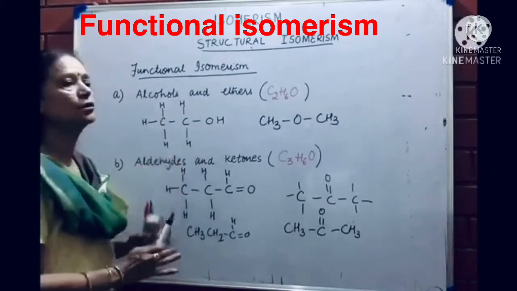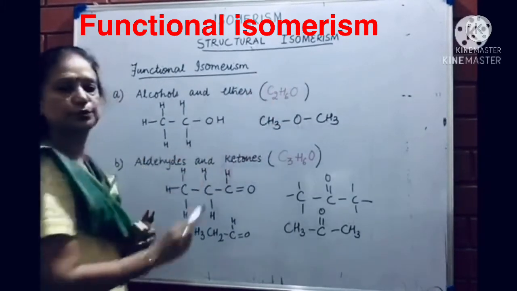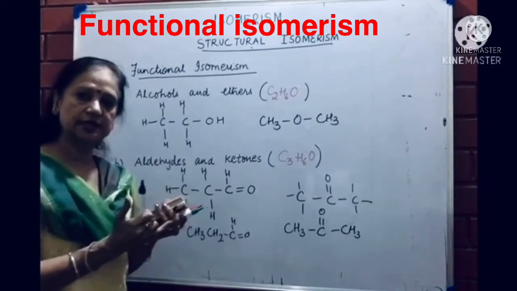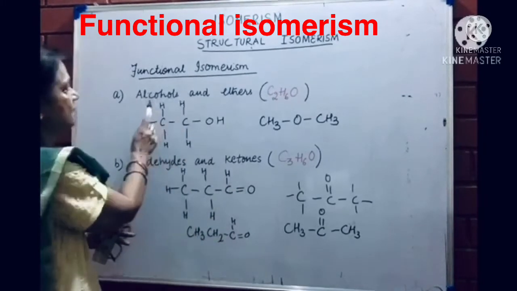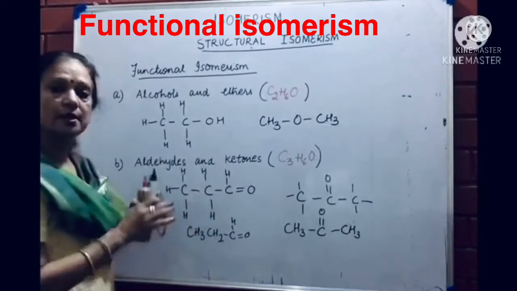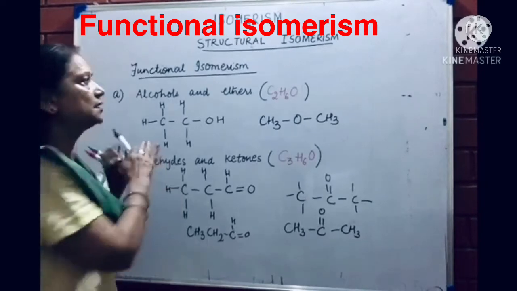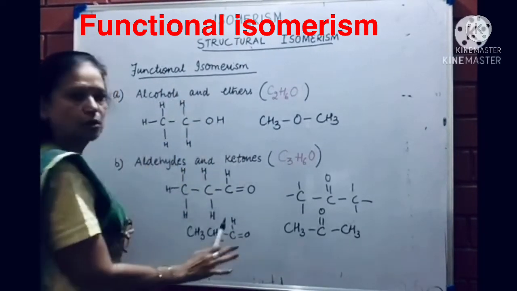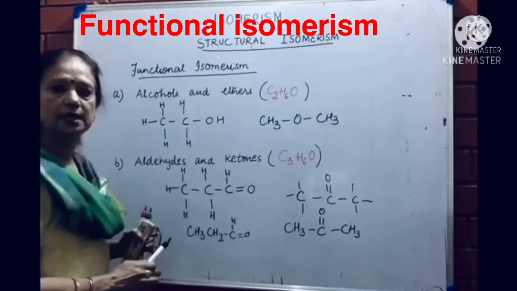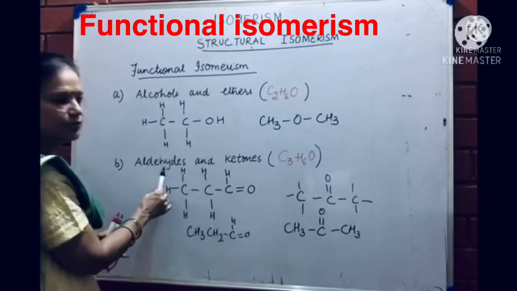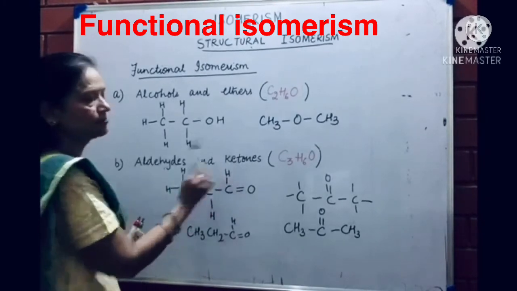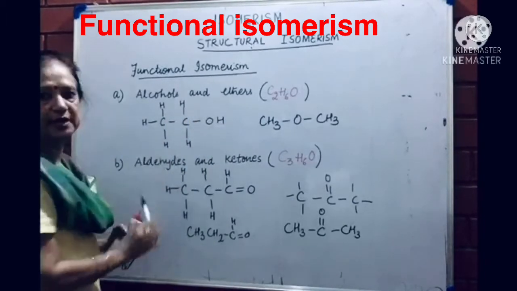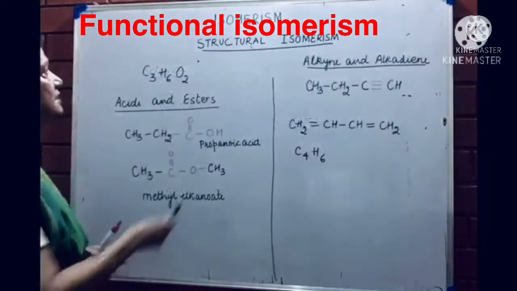One compound is an aldehyde, the other compound is a ketone. So the moment you look at the molecular formula given to you, always first decide what it is. If it contains one oxygen atom, it could be any one of them: alcohol, ether, aldehyde, ketone. So make one formula. The other one will be the pair of that. If you are able to make an alcohol, don't worry about all these. Definitely the other will be an ether. Similarly, when you get one compound as an aldehyde, the other compound will be a ketone for sure. You don't have to worry about these two at that point. Now see the next pair.